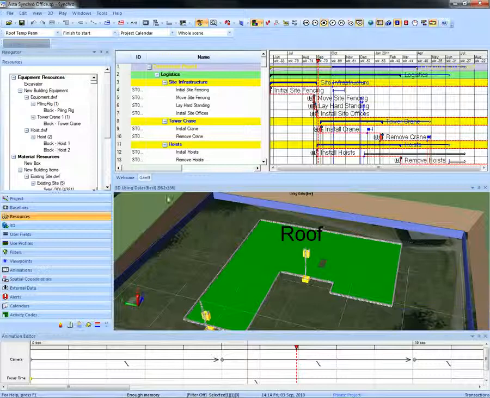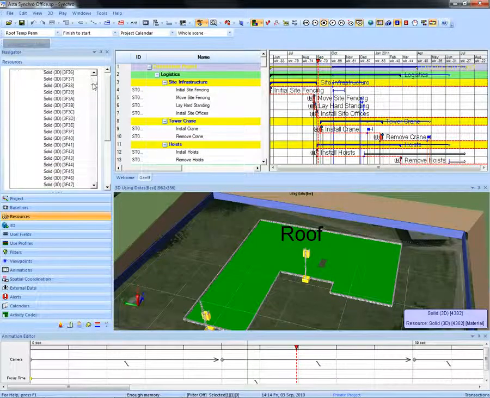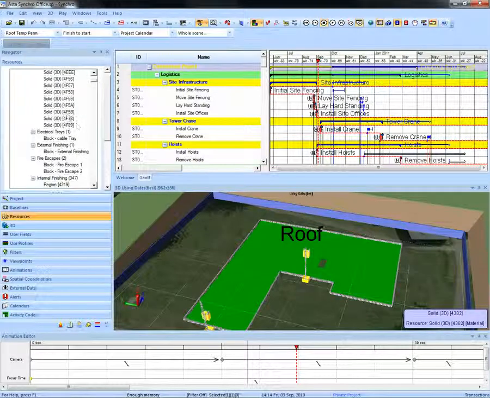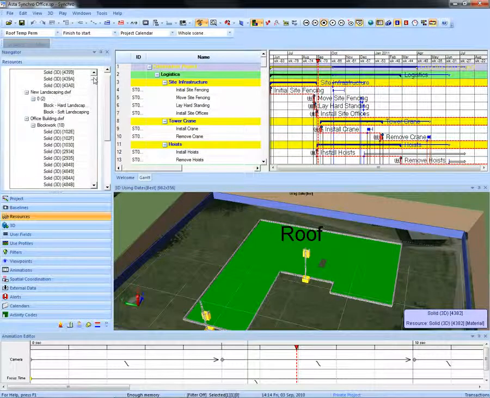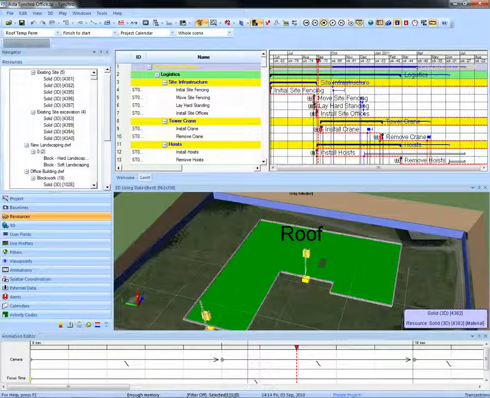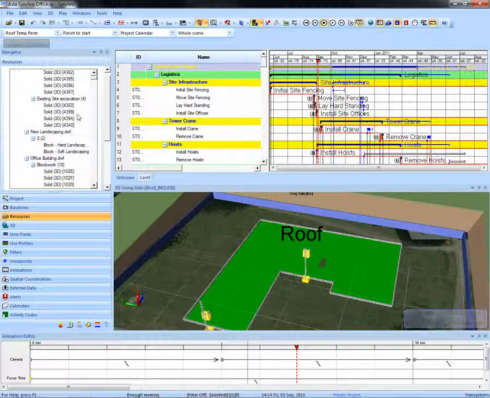And what you would be doing is you would be dragging and allocating items, objects from the model onto the activity, and this would create a link, a timed dimension to the item inside